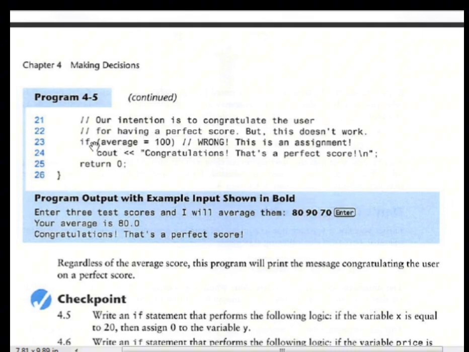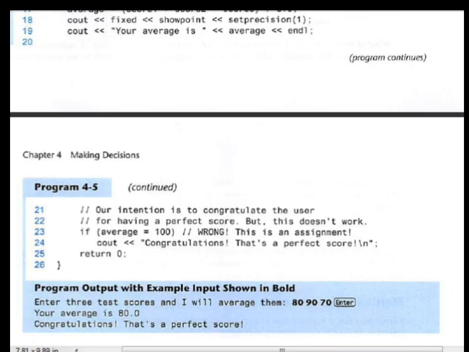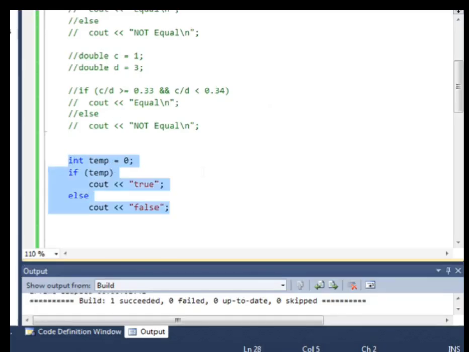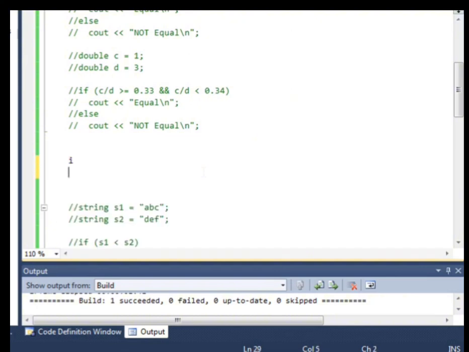So the problem here is that instead of putting double equal to here, he has put a single equal to. So this becomes an assignment statement, and the value of any assignment statement is the value which is assigned to the variable on the left hand side. And since that variable is being assigned 100 here, and 100 is a non-zero value, therefore the compiler assumes that this condition is true and this message is displayed regardless of the value previously stored in the variable average. If we see a simple example here, let's say we have